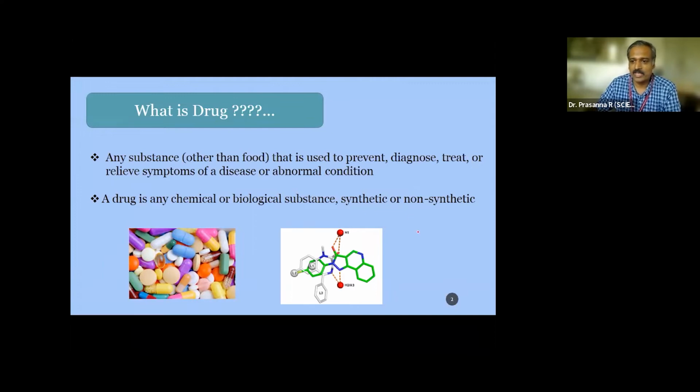You're seeing slide number 2. We'll try to talk about what a drug is. We all know that at some point in our life, we would have taken some drug, for a body pain, a headache, or a fever, or certain drugs employed for cold or dysentery. Probably everyone would have come across some drug. So you should know what is a drug, what is a poison, and what is an inhibitor. This is a primary difference that you should understand very clearly.